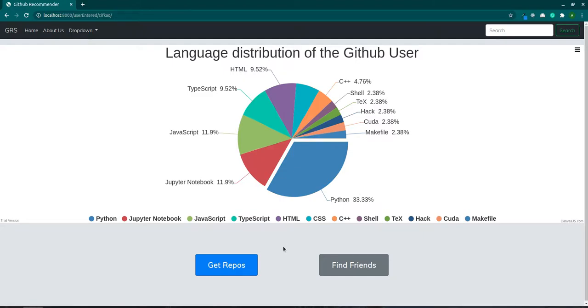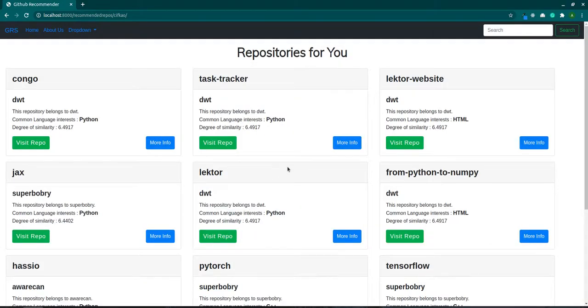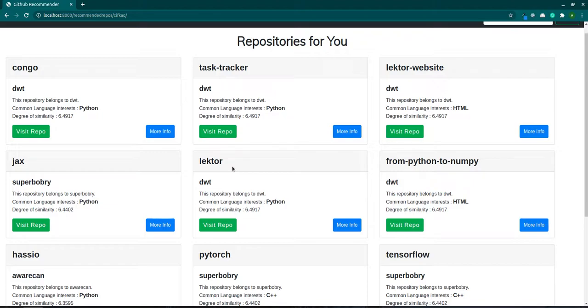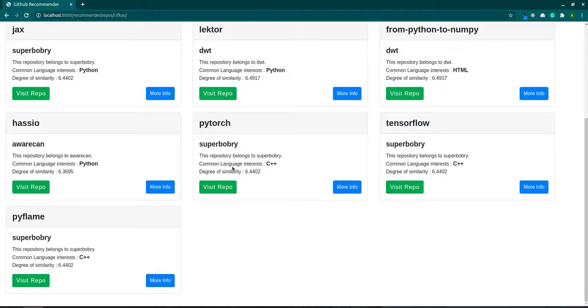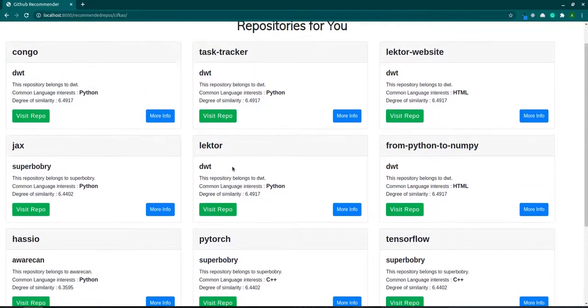Now, let us take a look at these two buttons that give the two types of recommendations that we are talking about. So here is the list of GitHub repositories that are recommended to him based on his past contributions and following on GitHub.